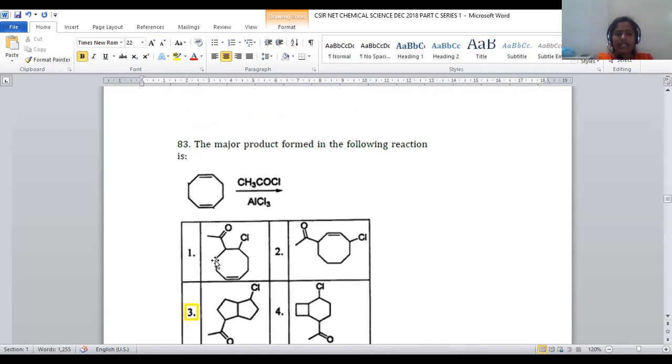In question number 83, again, it is a part of organic chemistry. It is a kind of Friedel-Crafts acylation. So any compound treated with acetyl chloride in the presence of AlCl3, a Lewis acid, is known as a Friedel-Crafts acylation reaction. Right. So whenever acetyl chloride in the presence of AlCl3 is added, what happens? The chloro group is added to AlCl3 and converted into AlCl4 minus, and there is a generation of an electrophile. What is the electrophile here? The acetyl carbocation will be the electrophile here.